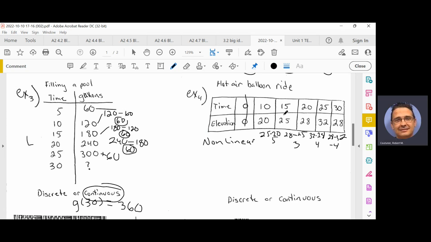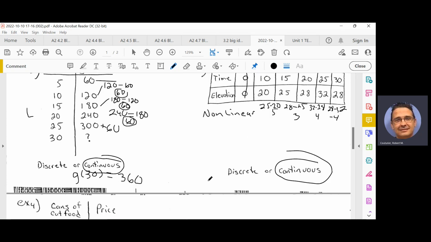All right, did you guys come up with it? I hope so. Let's take a look. If a hot air balloon is going up, it doesn't automatically stop. A few minutes into the flight, 4 minutes into the flight, it's still going up. 10 minutes into the flight, it's here. 11 minutes into the flight, you hope that it doesn't just fall out of the sky. That would not be a hot air balloon trip I wanted to be on. So I would say this is a continuous